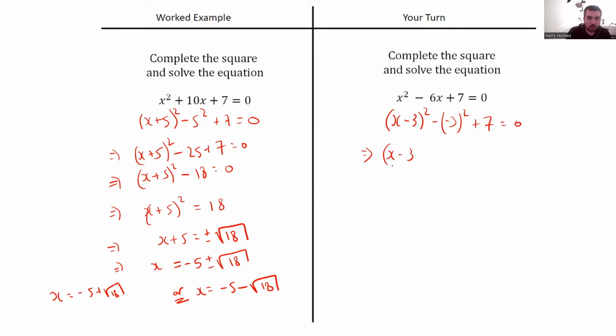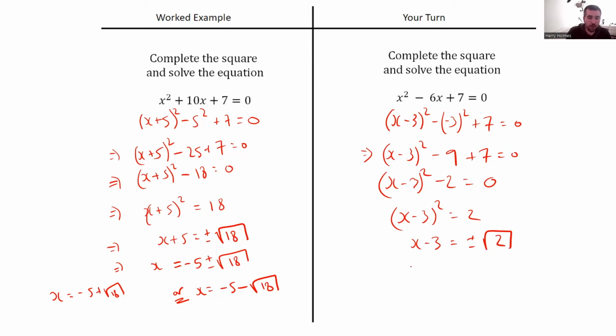x take 3 squared minus 9 add 7 is 0, which gives us x take 3 squared minus 2 equals 0. Add the 2 to both sides now, and I've got x take 3 squared equals 2. Square root both sides, we've got x take 3 equals plus or minus the square root of 2. And finally, adding that 3,